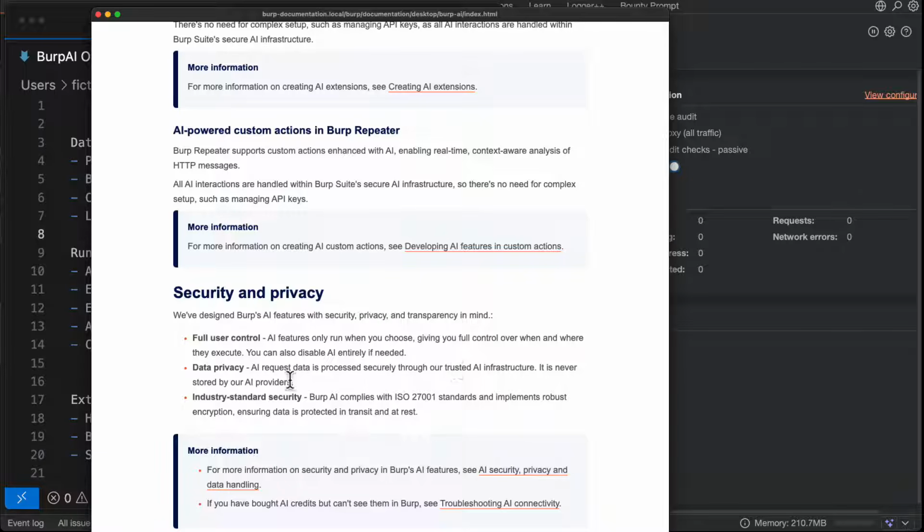And then it is never stored by our AI providers. I'll believe that when I see it, but you're not going to let me audit your stuff, so I do not trust that. And then industry standard security. So Burp AI complies with ISO 27001 standards and implements robust encryption, ensuring data is protected in transit and at rest, which means that they can see your data in transit and they can see your data at rest because they hold the keys to this encryption. So therefore, your stuff is not necessarily protected, as I have had plenty of places that said everything is encrypted. And when I get there, I find the keys and I decrypt it